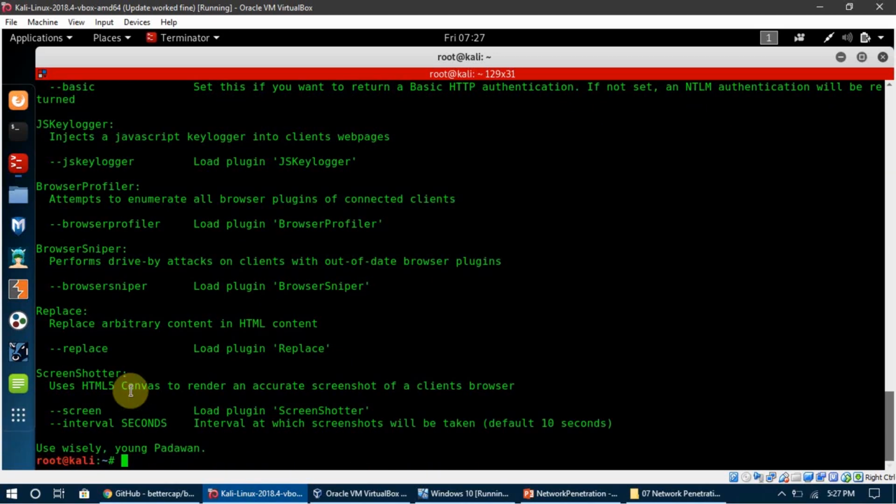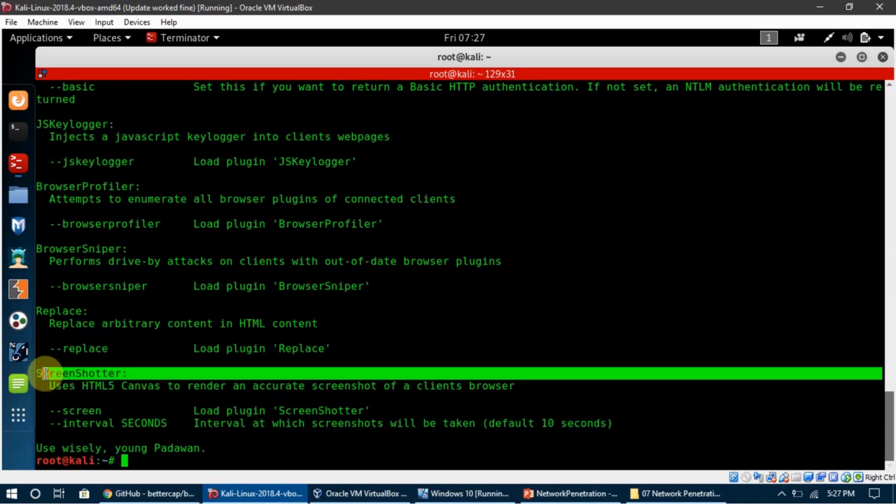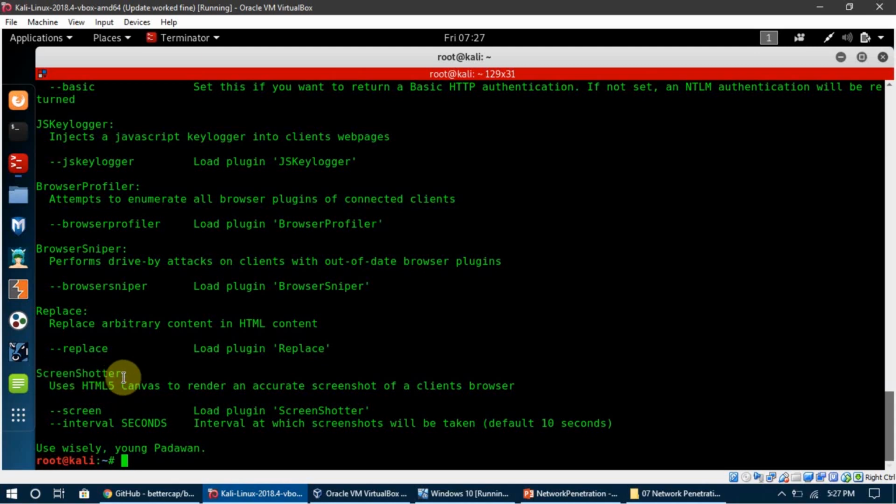There is another payload we can use, which is screenshotter. What screenshotter does is capture screenshots of our target. Using both of them is very simple. For example, if I want to run the screenshotter, this is the flag I need to set.